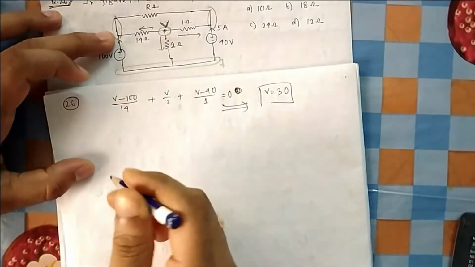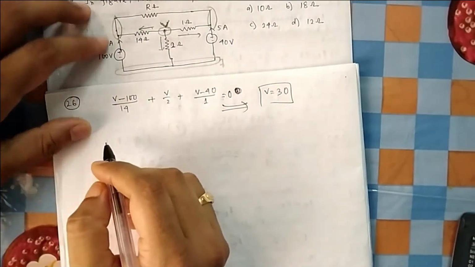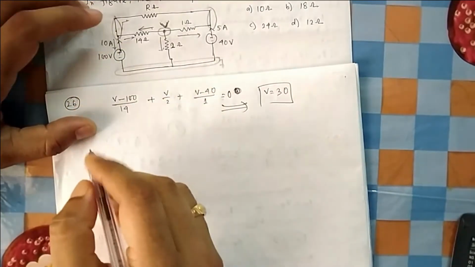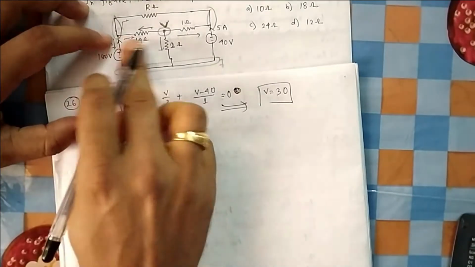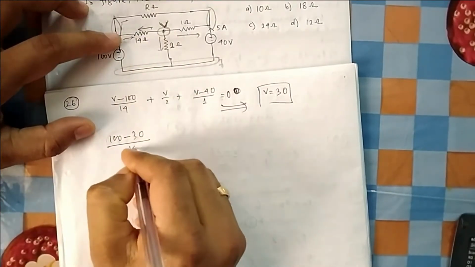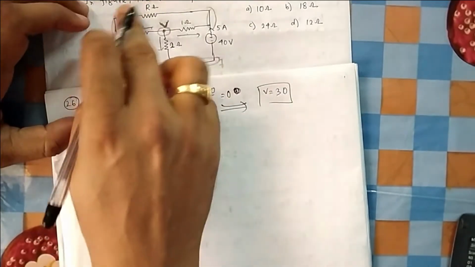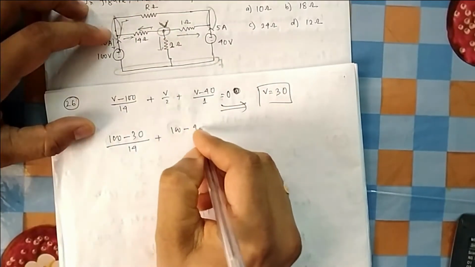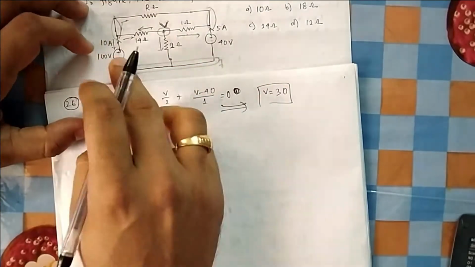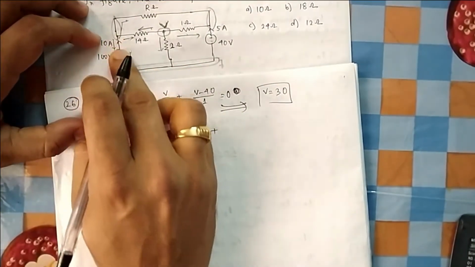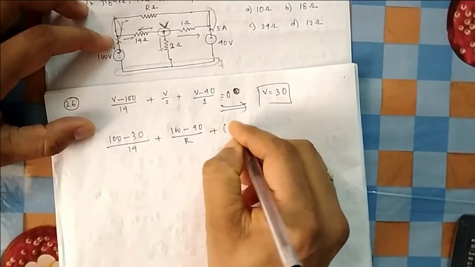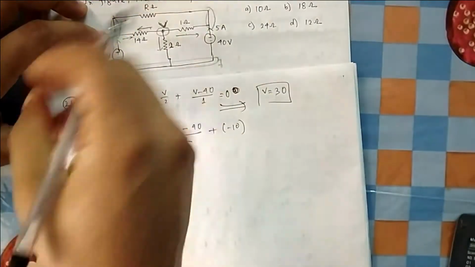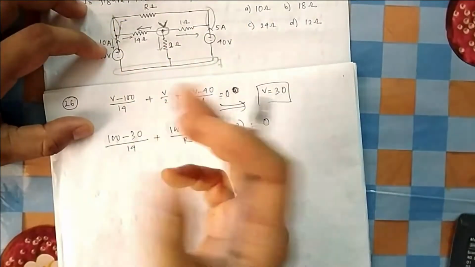You can take anywhere. Suppose I take the nodal here, the current is coming out of this branch, this current and this current. So all three currents I will add. This one will be 100 minus V, where V equal to 30, divided by 40, plus this branch current, where this side is 100 and this side is 40. So 100 minus 40, the voltage across this divided by the resistance, is the current outgoing, and plus this outgoing current. But here it is incoming, they have given 10 amperes, so we will put minus 10, because in nodal I always consider outgoing as plus. I consider this node as the big node, so everything coming out of it is plus, the summation of all outgoing currents.